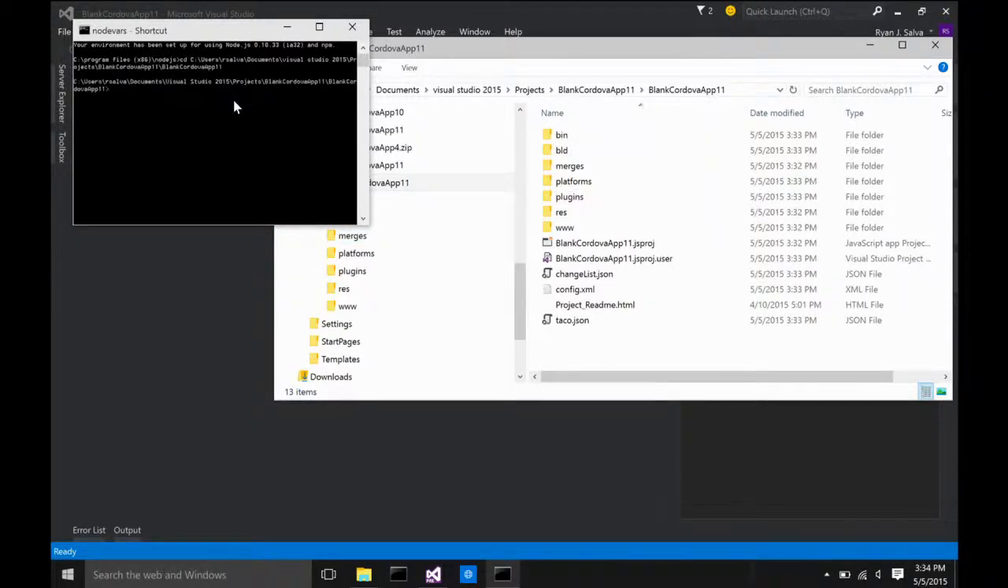Just changing directories to my project. Then I'm going to do cordova platform remove windows because I want to remove the old Windows 8 platform. It's going to think about it. It successfully did it. Then I'm going to do cordova platform add windows at